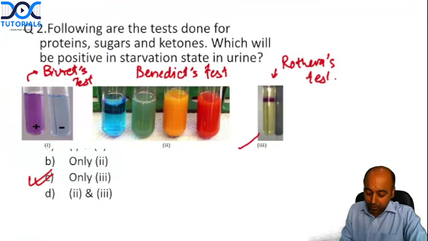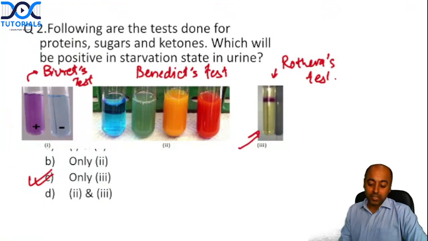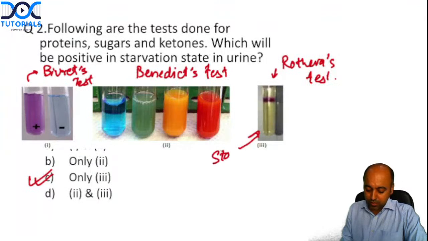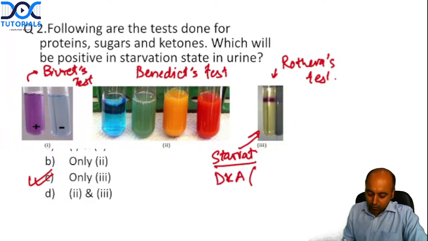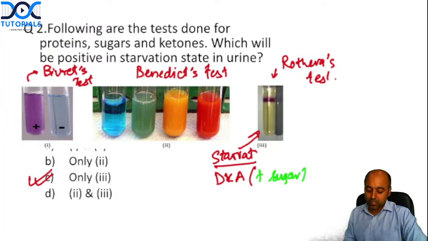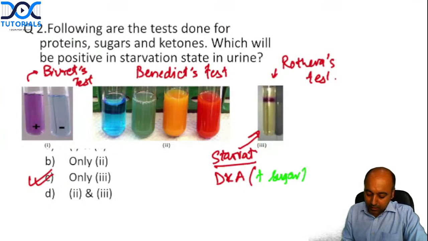Please keep in mind, the ketone bodies will come in urine in 3 conditions. First is the starvation as given in this question. In addition to that, they will also be positive in diabetic ketoacidosis, where obviously you will have the positive Benedict test because the sugar is coming out. And lastly, in the alcoholism,